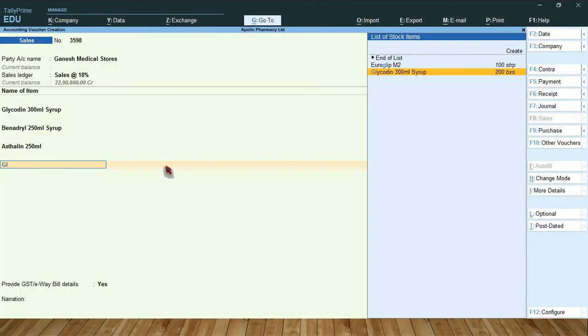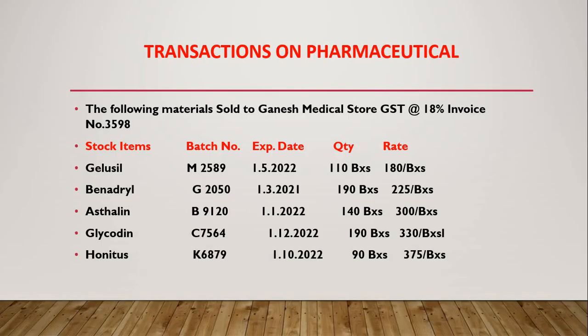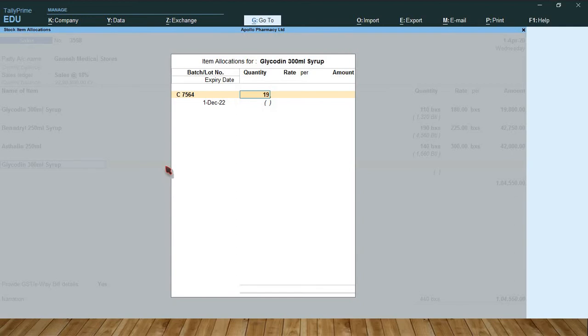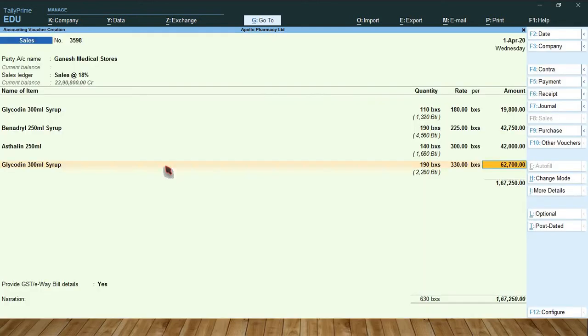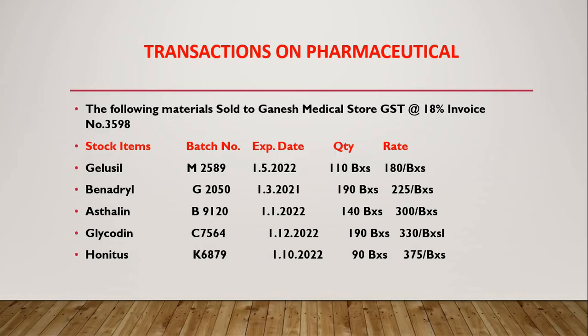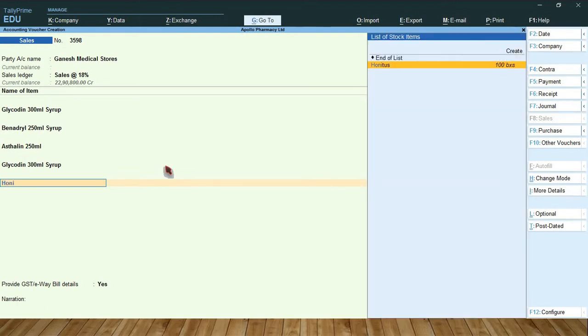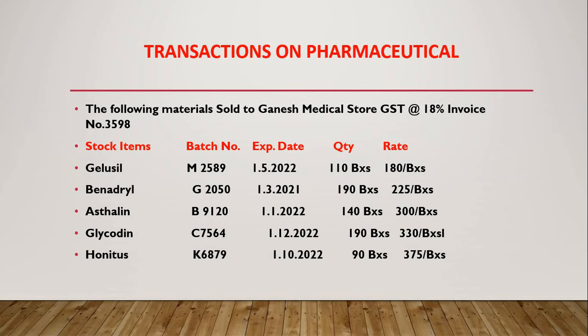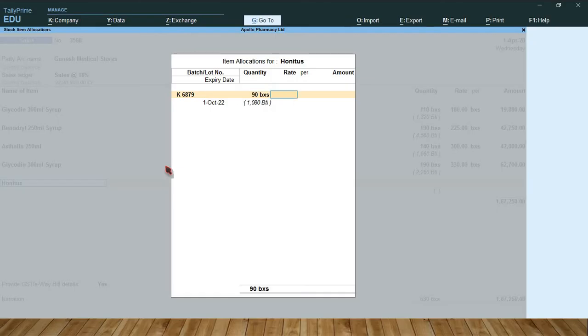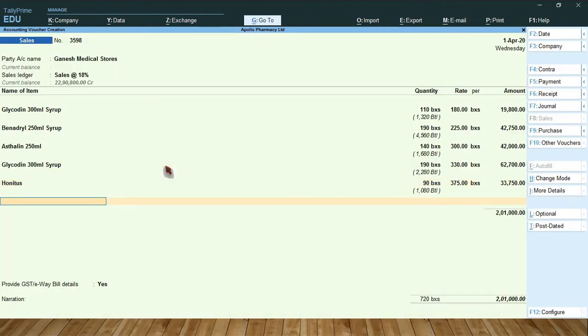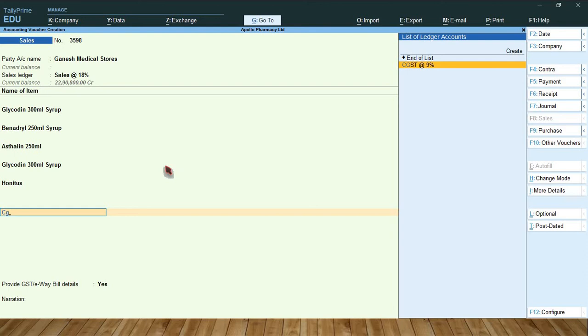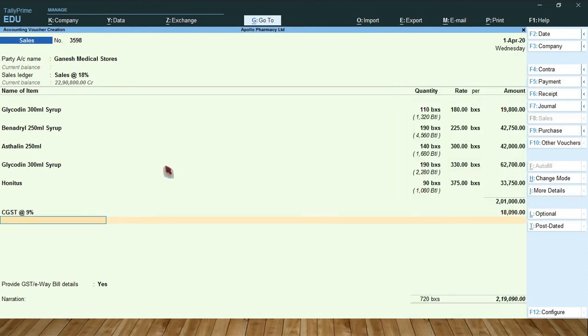Glycodin, 190, 330 per box. Honitus, quantity 90 box, rate 375. Select CGST, SGST.